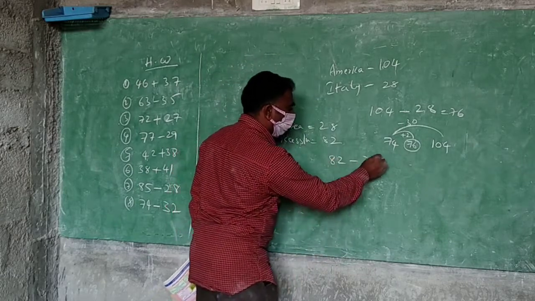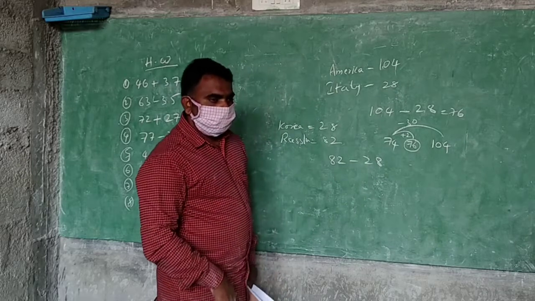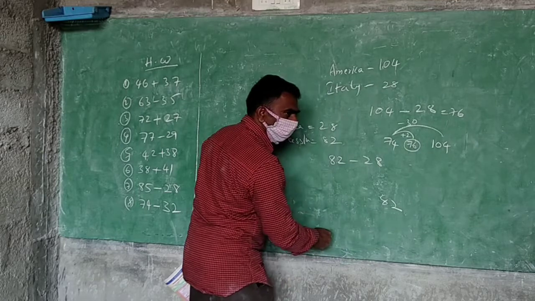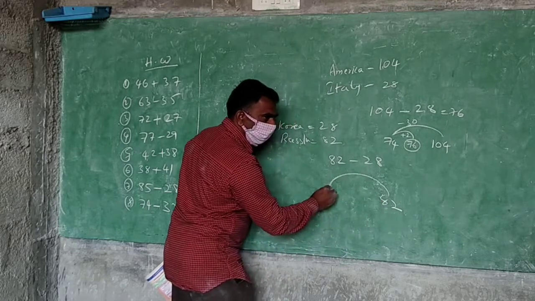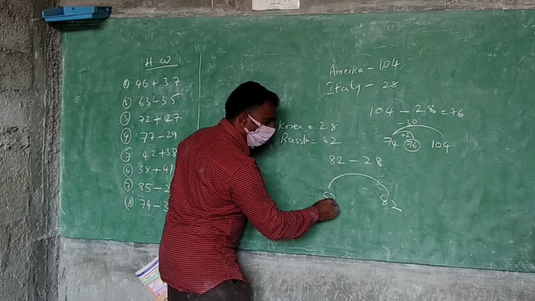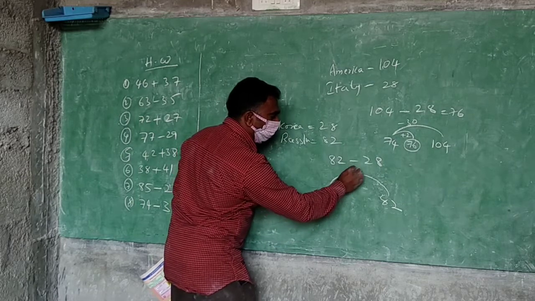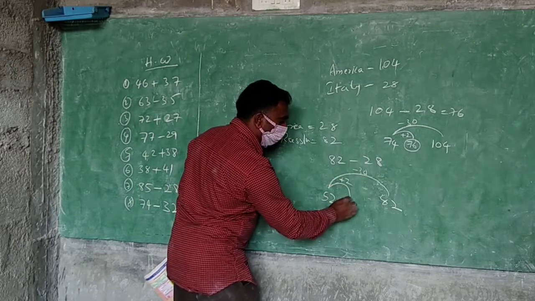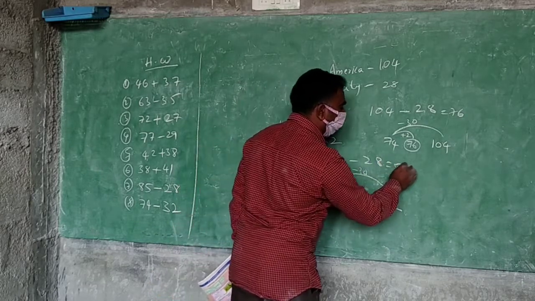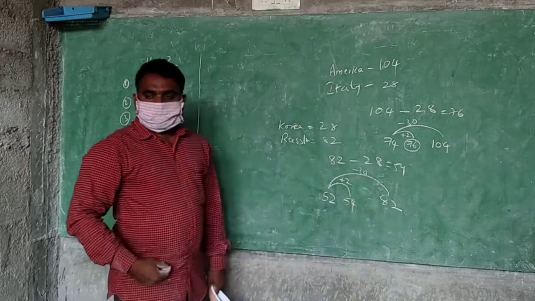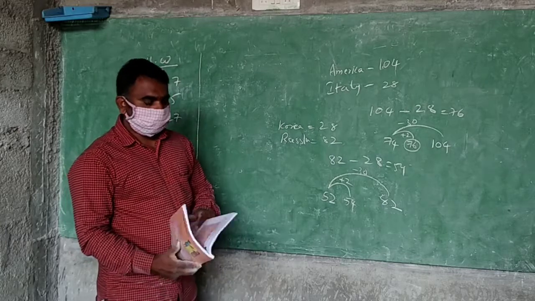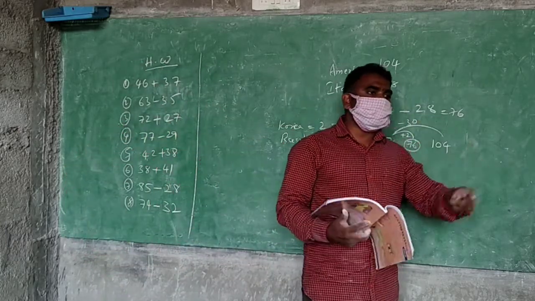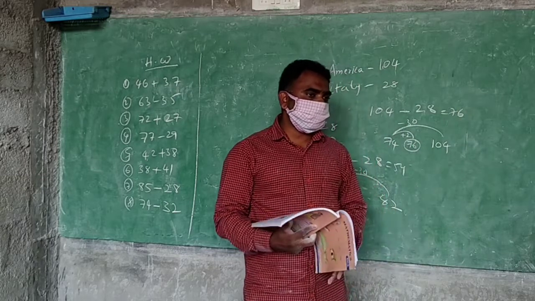So what do you have to do? 82 minus 28. Our method you can follow, no? What is that? 82 minus 30 means how much? 52. Extra you have taken, no? 2 extra, that's why reverse. 54. So the answer is 54. Understood, no? See these methods, if you practice well, in brain only you can do. Without using paper, you can give the answer.